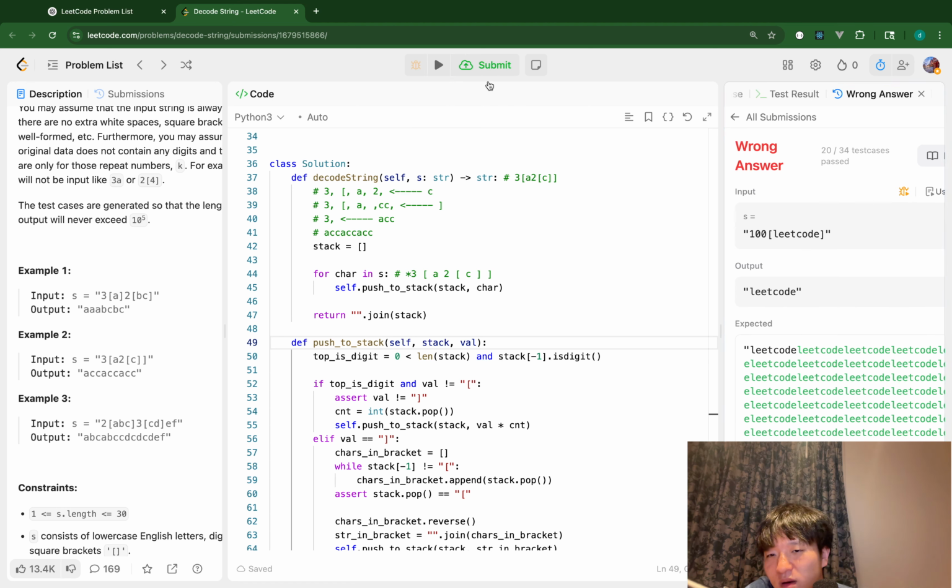It's wrong answer. Oh, I see. So I forgot the case when 100, numbers are pushed in a row. That's the last thing I have to take care of. So yeah,